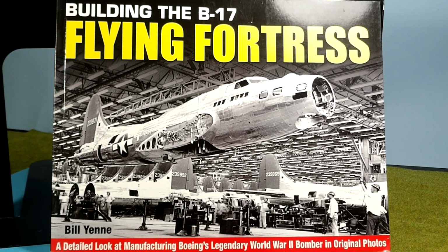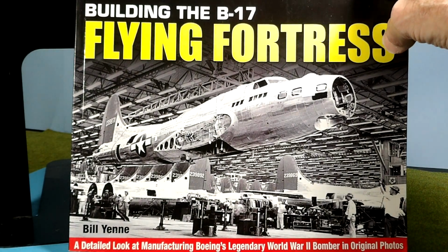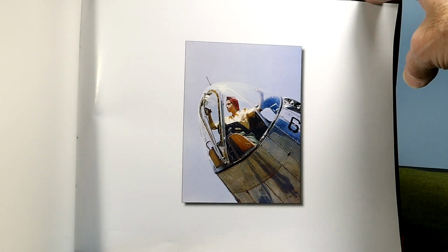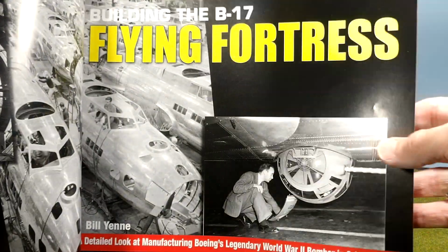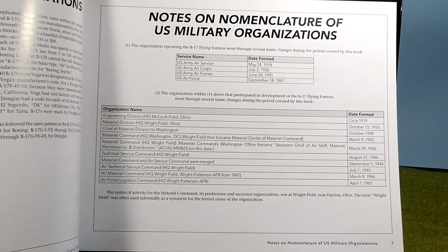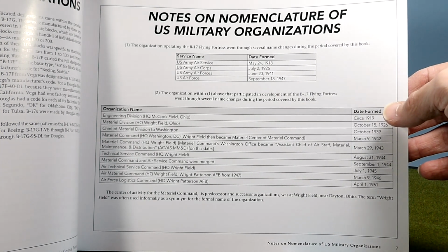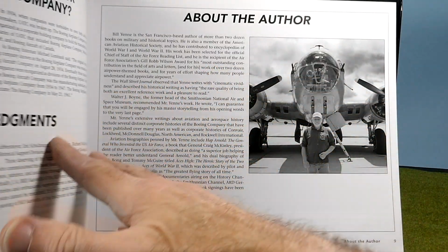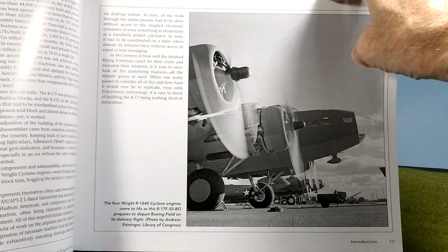But let me see if I can get this thing open and still be able to give you an idea of some of the stuff. It's all basically black and white pictures. It gives guides to nomenclature and organizations. But let's see if I can get to